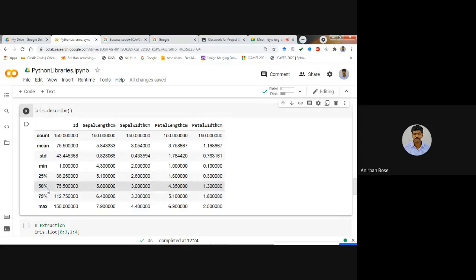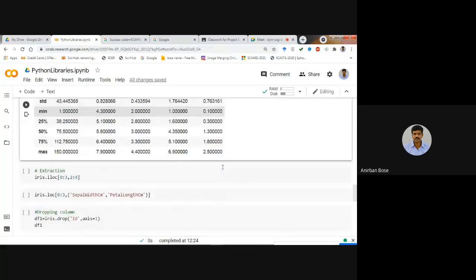So 50% means the median value. 25% means the lower quartile, that means below 25% how many are there, and above 75% how many are there, and the maximum of each column. So this is iris.describe.